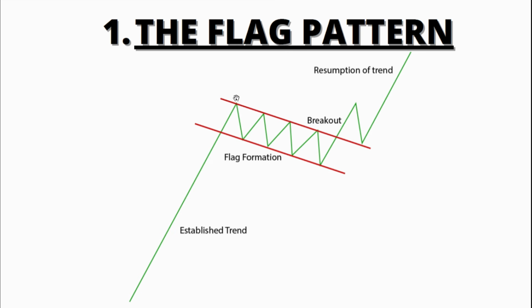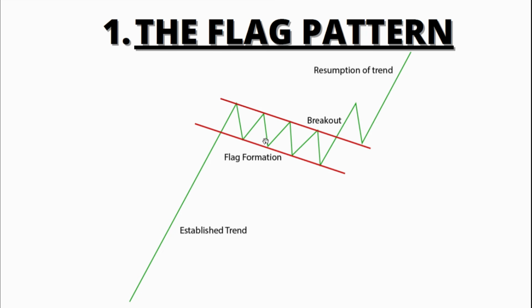So what you will do is you will start selling, you will start booking your profits, you will start selling the stock, and that is what happens. That is why the price goes down a little bit. So what happens is all the people that bought here or here, they start taking profits, they start selling the stock, and that is why the stock goes down a little bit.